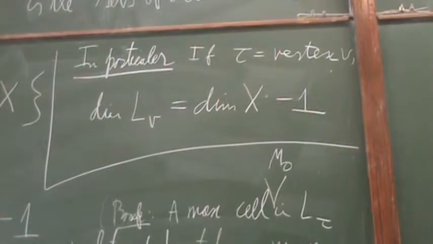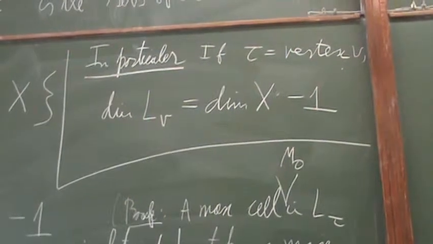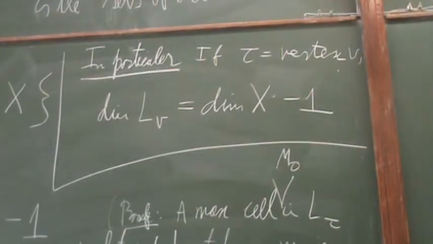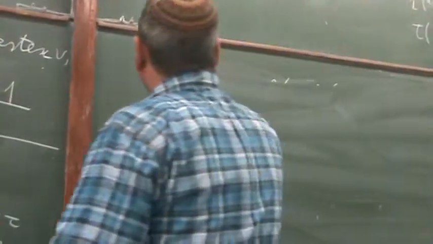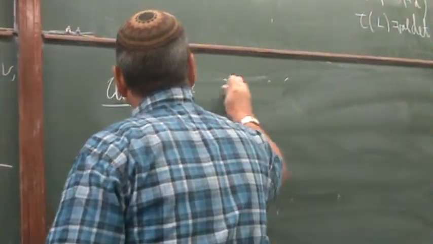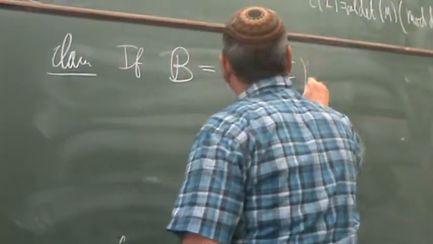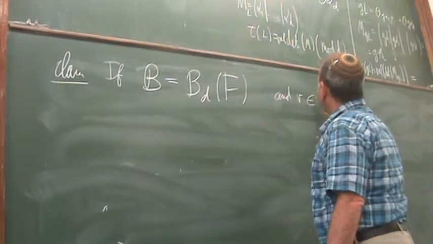And now we are coming to the main point. I'll say it now, and next time I will start with it and elaborate a little bit on this, but that's kind of an important thing to see, and that will make the connection between the last 2 weeks and the previous few weeks. Claim: if B is the building that we defined, B_D(F), last time and today, and V is any vertex in B0,